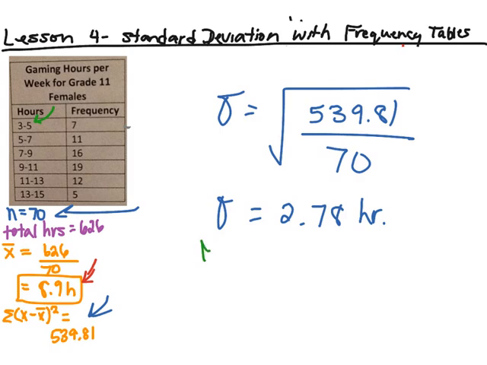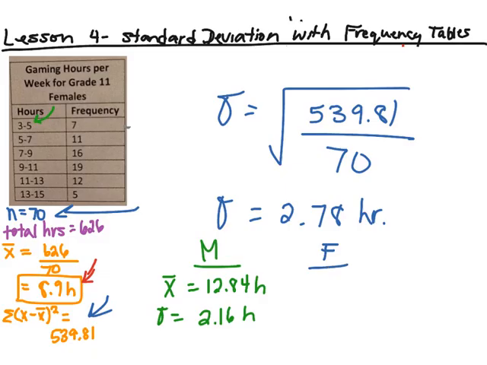We want to compare that with the males. The males had an average of 12.84 hours and a standard deviation of 2.16 hours. The females had an average of 8.9 hours and a standard deviation of 2.78 hours. The way that we can compare this is, obviously the males have a higher average, so the males